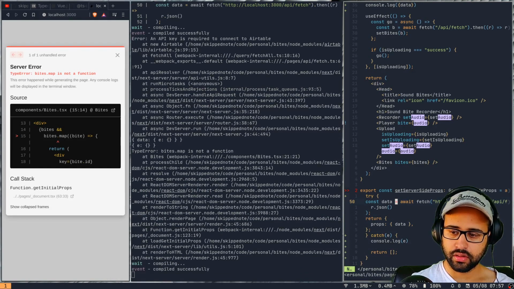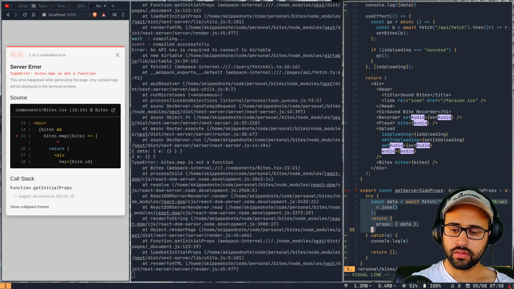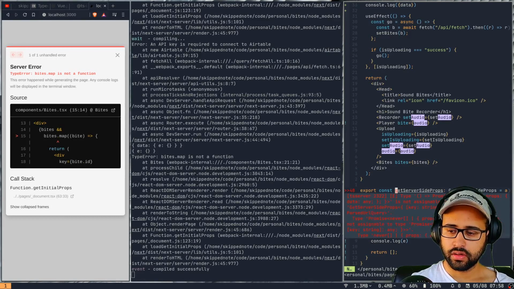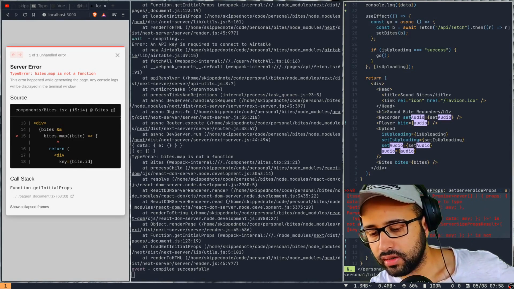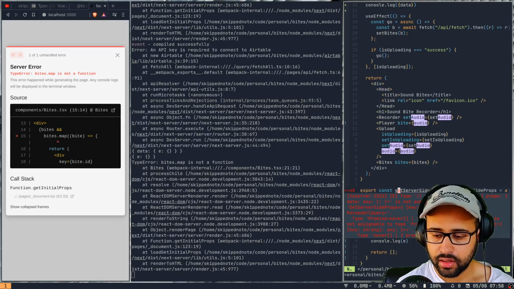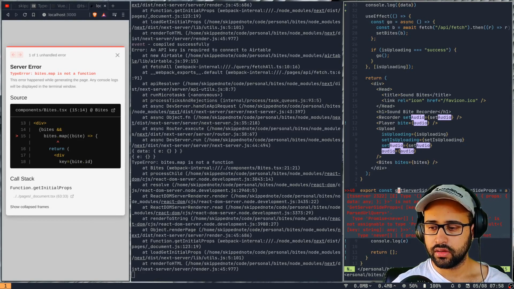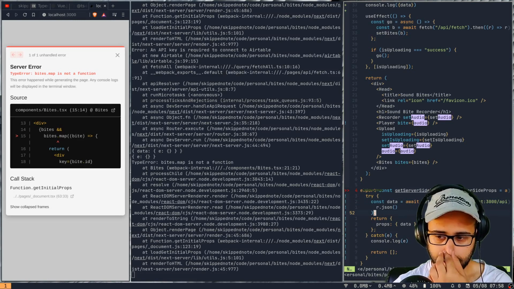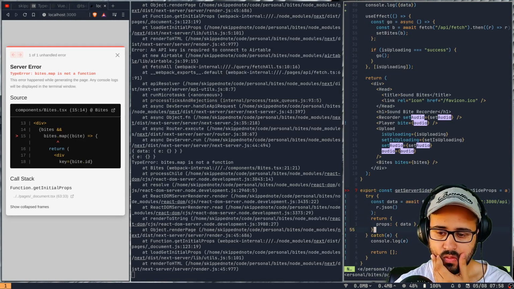So format this. Yeah, it's throwing error that it's returning something that it's not really able to work with. But that said, they should always be able to.